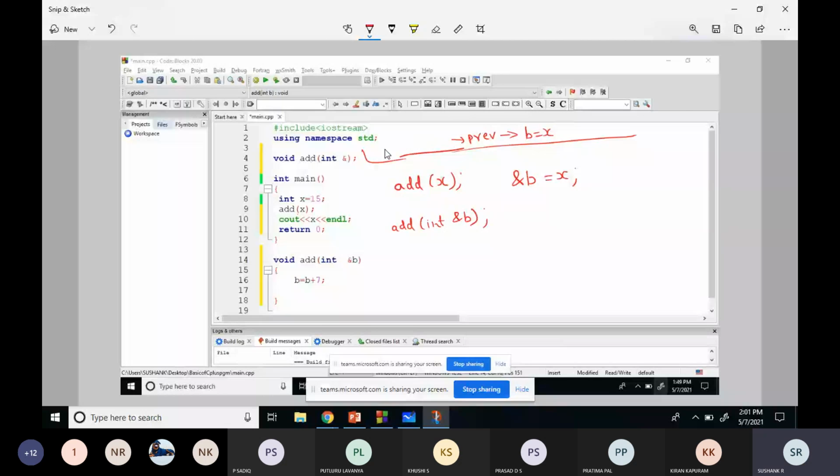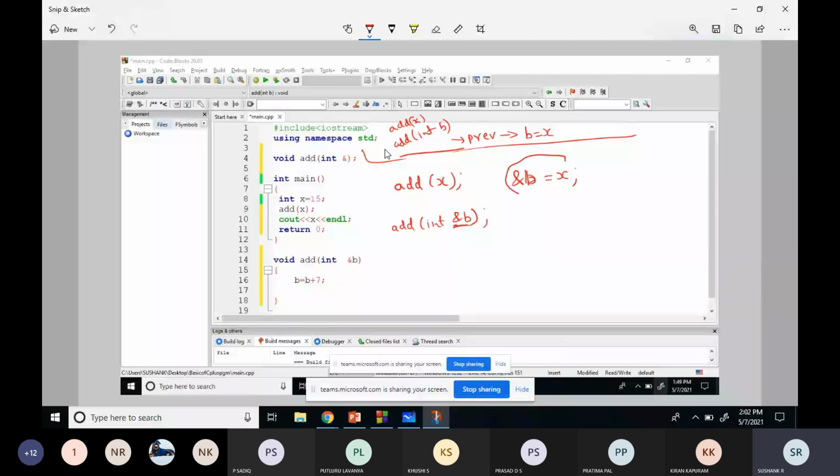In the previous example, address of x was there and address of integer b was there, so b is equal to x. But now here what you're passing is the ampersand, so it is like ampersand of b is equal to x.